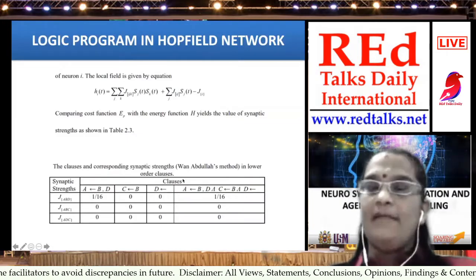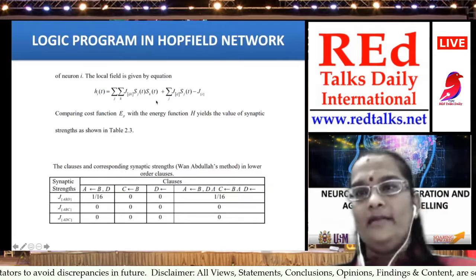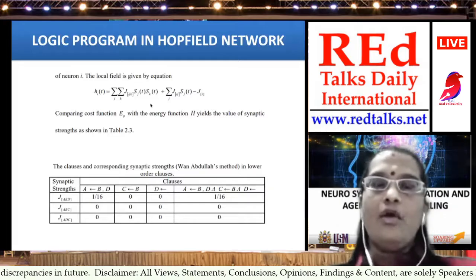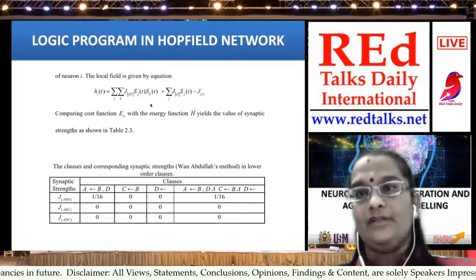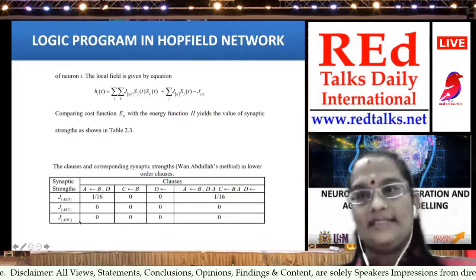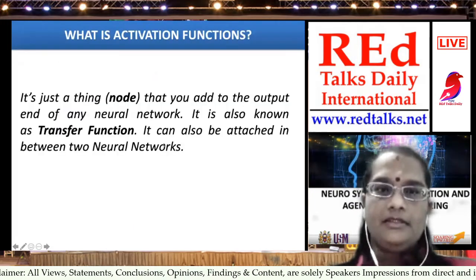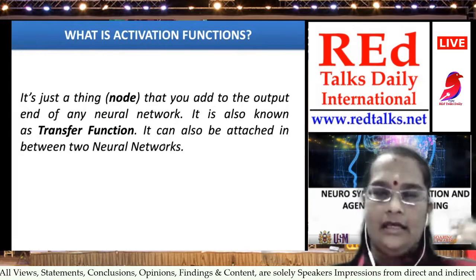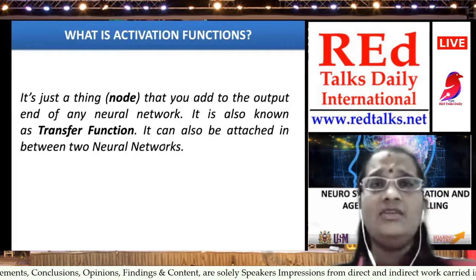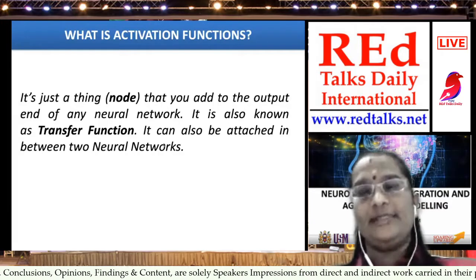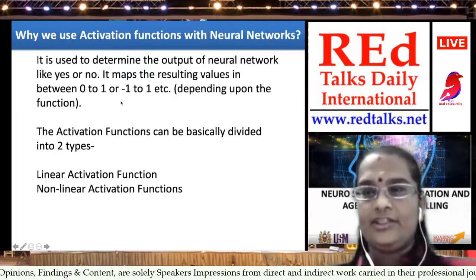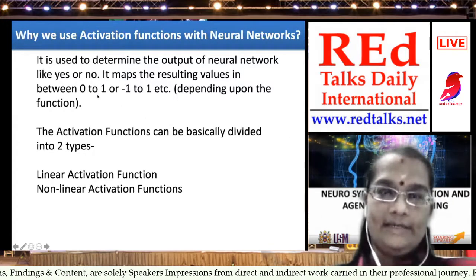Then I use the updating rule to see whether the neuron state has changed or become stable or not. So the local field is created by the neurons while relaxing. This local field will measure whether the neurons have relaxed or not. Okay, so these are the corresponding connection strengths for the logic program. The important thing is the activation function. This activation function explains how the input is transferred from one layer to another layer. Okay,